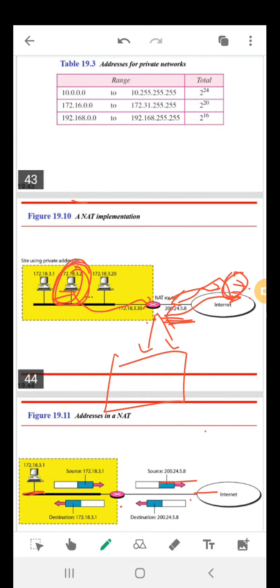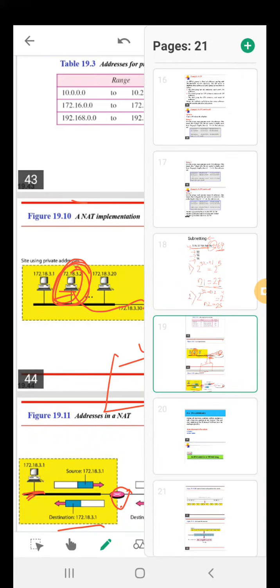Now for the other device, it will assume that the source is this particular node having this IP address, so it will be sending reply to this node, and in the reply message the destination address will be the address of the NAT router, which will be converted into the actual destination address, that is the private address by the NAT router. So for that,